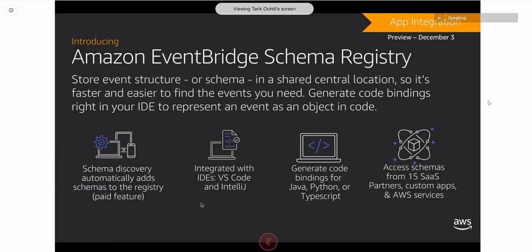The next thing I want to talk to you about in the serverless space is something called EventBridge Schema Registry. So when you're doing serverless development with Lambda, what you'll tend to find is that your Lambda functions are triggered by events. You saw that in the demo that I did, right? We had S3 as an option. We had HTTP endpoint as an option.